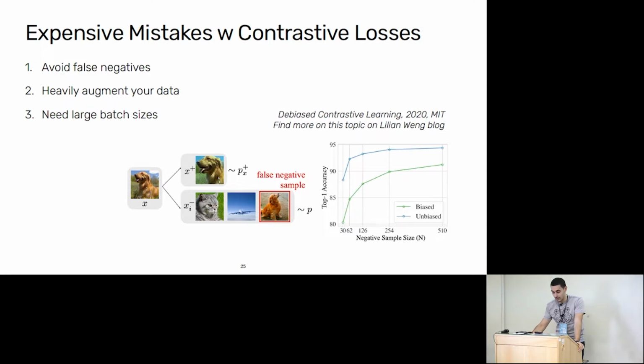The second point, which is more of an empirical result, is that you have to heavily augment your data. There are a couple of examples that show qualitative improvements, especially on the image encoder side, both for ResNets and for visual transformers, that say that you must try to change the color scheme of your images, aside from the classical augmentations such as rotations and cropping, and this yields significantly better results.